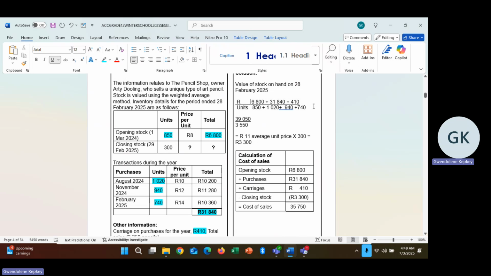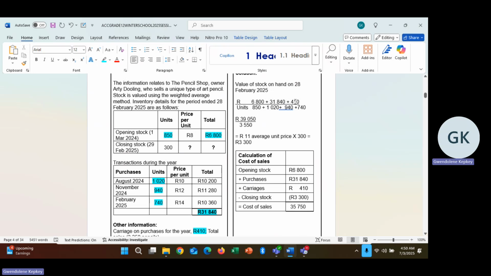If we do so, you should come to items purchased of 2,700, and we're going to add the 850. If you don't want to go that route, simply add all of them. You come to items that you have at the bottom, 3,550, and your rand value on top of that calculation would be